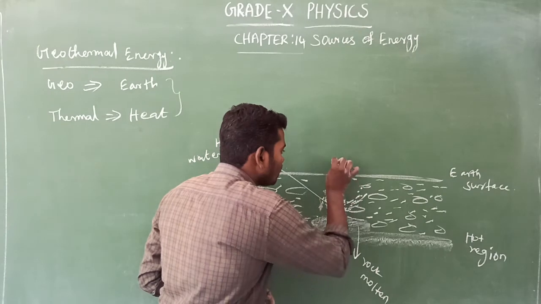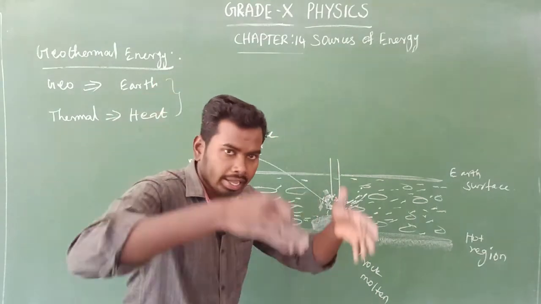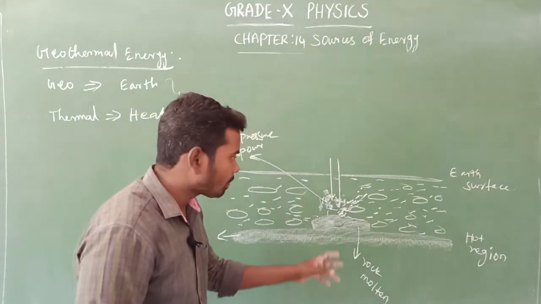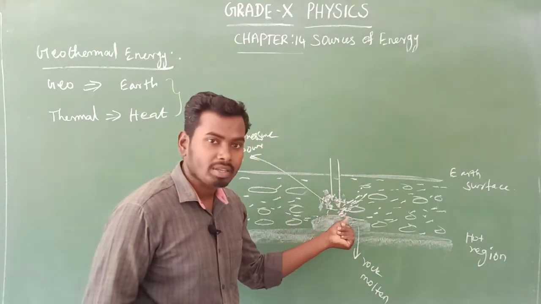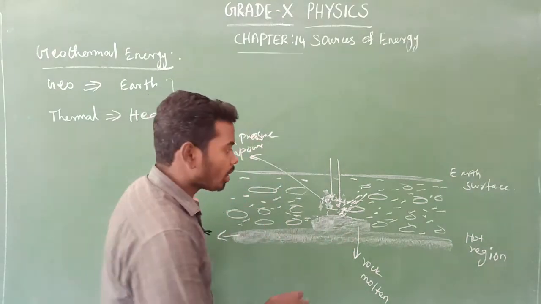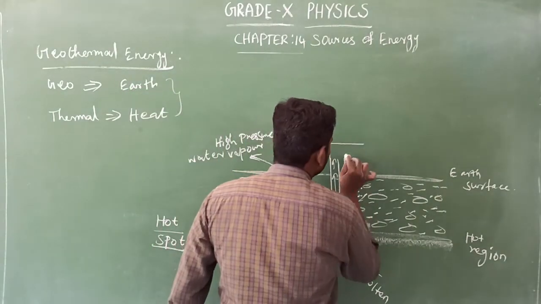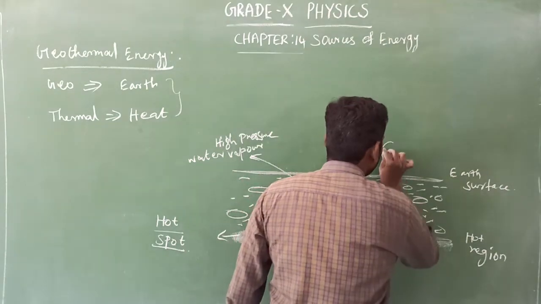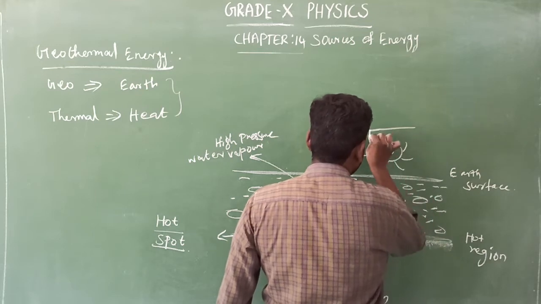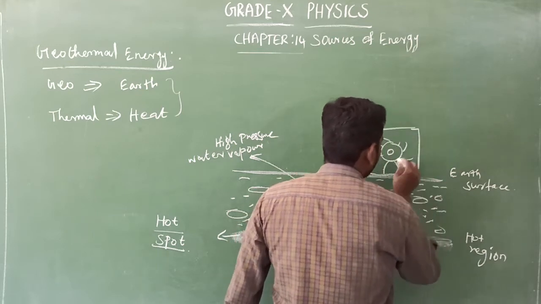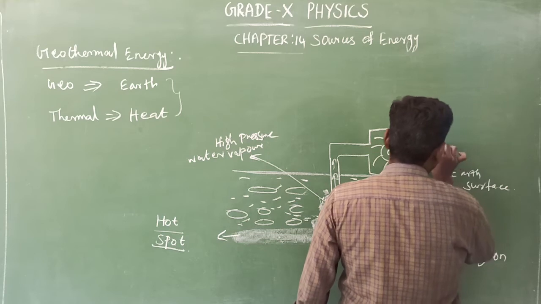So when the earth surface is drilled deeper and deeper, look at here, what will happen? This highly pressurized steam, which means water vapor, comes through the pipe. Am I right or wrong? Comes through the pipe. Next, on the earth surface, there will be a propeller, which means turbine, in the turbine chamber. This turbine is connected with the shaft, and the shaft is connected with the generator.